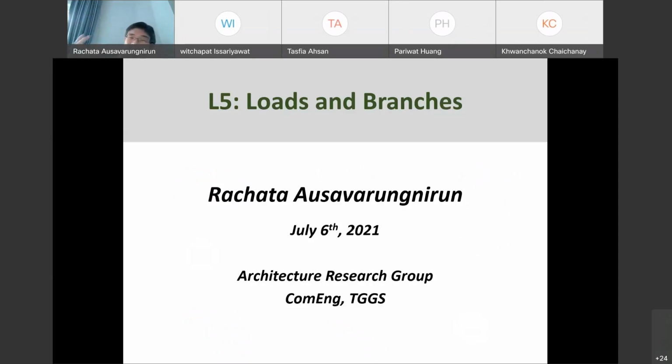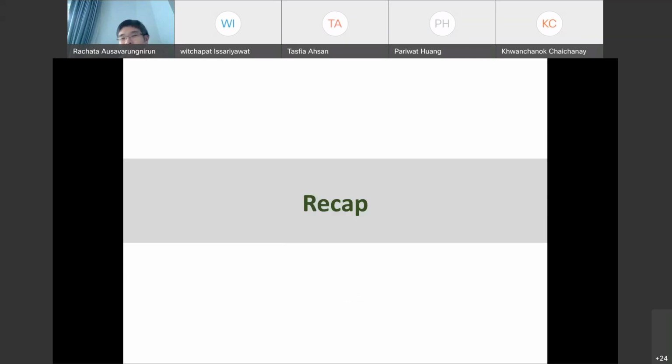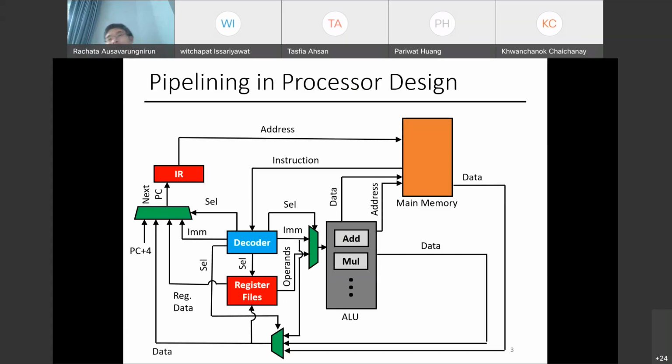So today we will complete things about the pipelining, how you design a CPU, and then start to talk about the rest of your computer, which is the memory, right? So we would like to begin by doing a quick recap. Let's look at this diagram again. We developed the pipelining